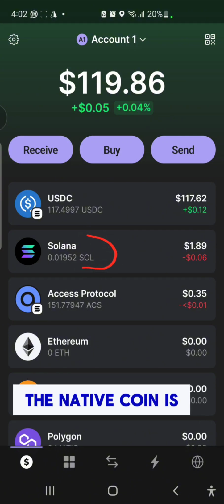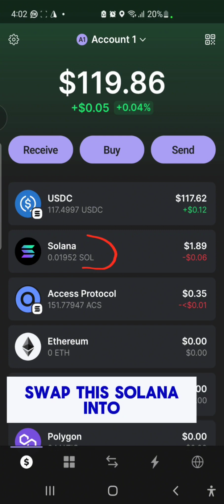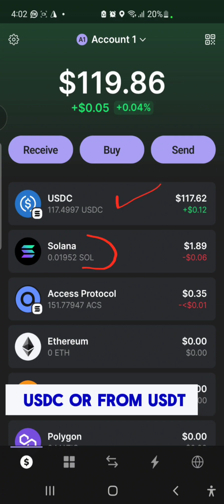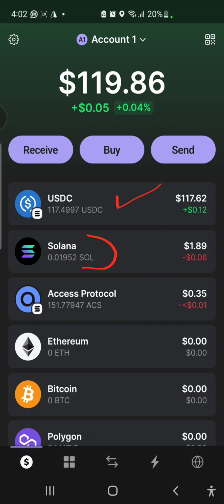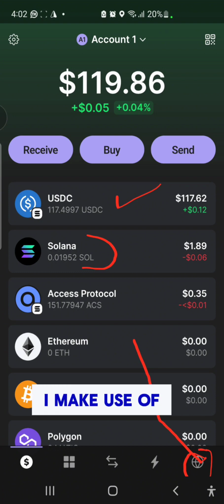The native coin is Solana. So let's assume you have Solana and you would like to swap this Solana into any other coin of your choice. Maybe from Solana to USDC or from USDT to Solana. This is what you would do. Locate this browser icon here, and make use of the